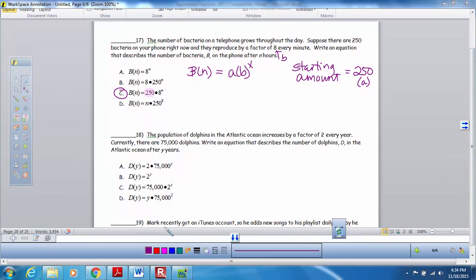Let's look at another one like that. Number 18 says the population of dolphins in the Atlantic Ocean increases by a factor of 2 every year. Currently, there are 75,000 dolphins. Write an equation that describes the number of dolphins D in the Atlantic Ocean after Y years. So again, we're looking at how many dolphins there are. So it will be our starting amount times the change